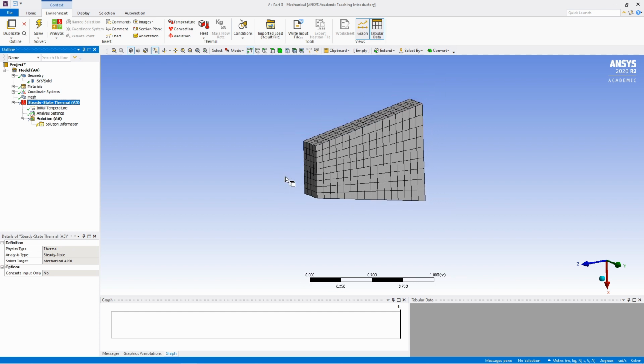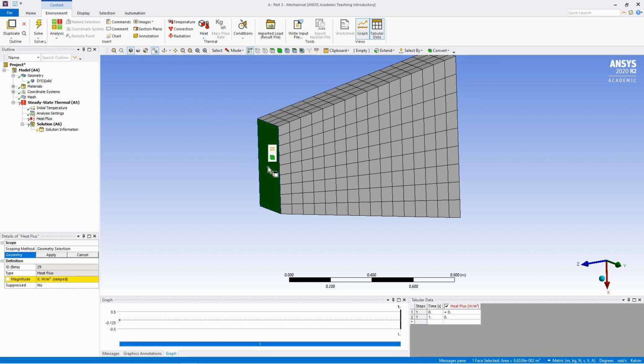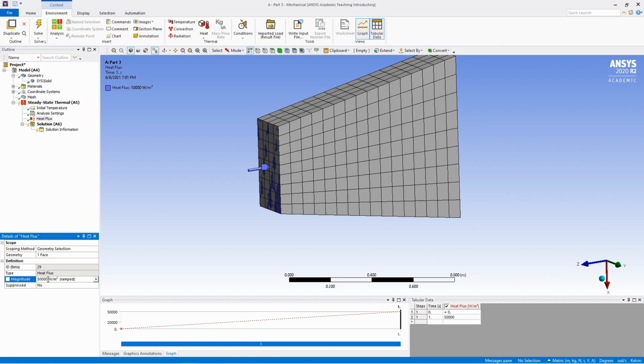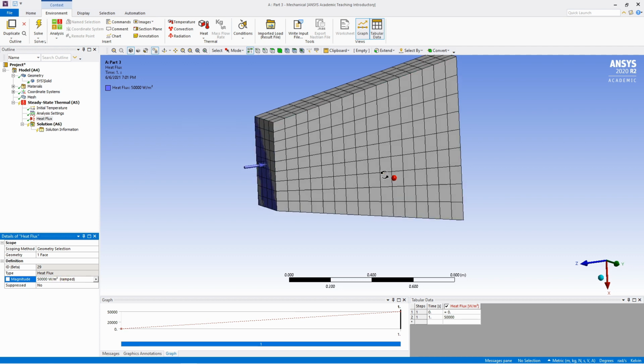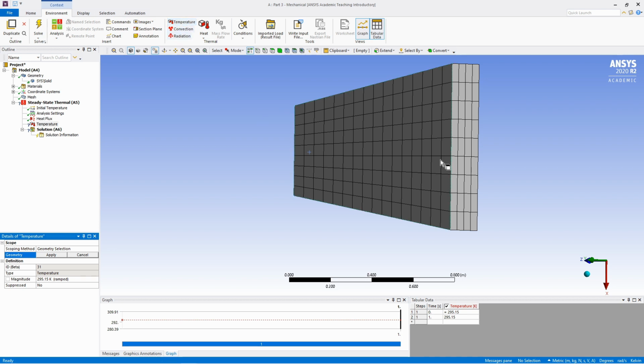So first, let's start with the flux boundary condition. For that, click on this heat, select heat flux, select this surface, say apply, and enter the value over here. In our case, it is 50,000. Make sure units are correct. Next, temperature boundary condition. For that, select this temperature, select this surface, say apply, and the temperature is 300.